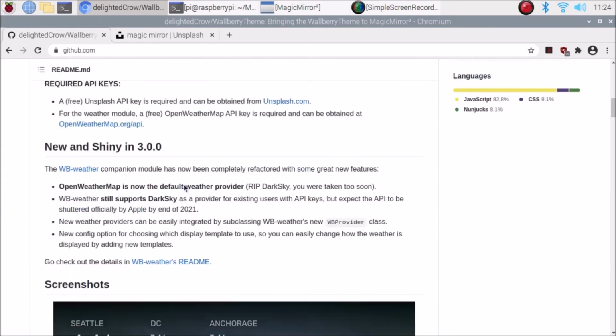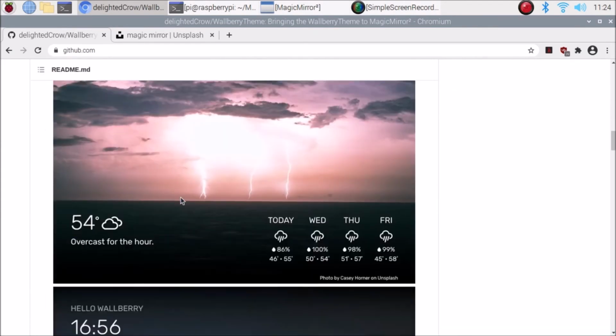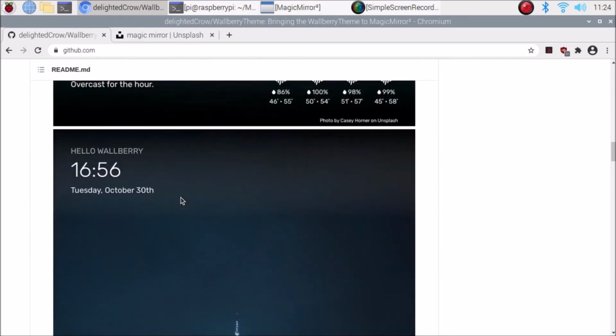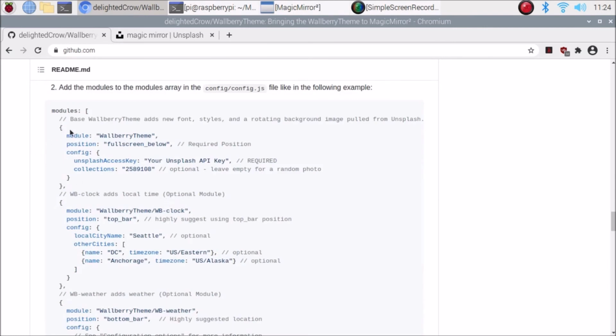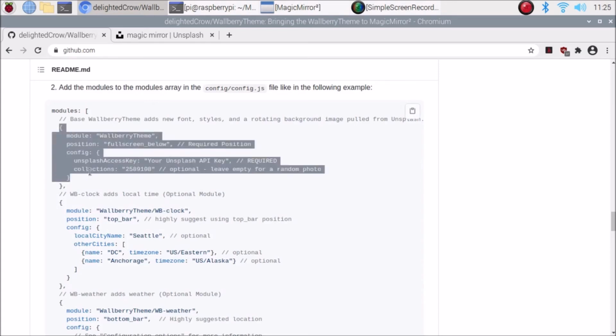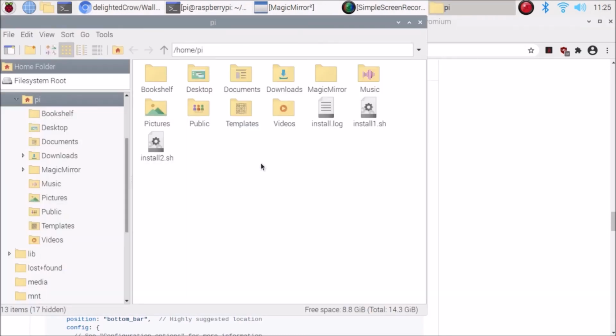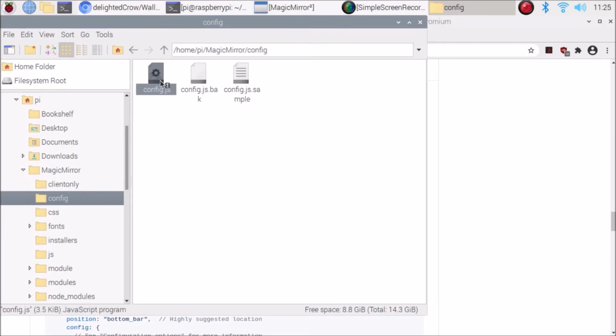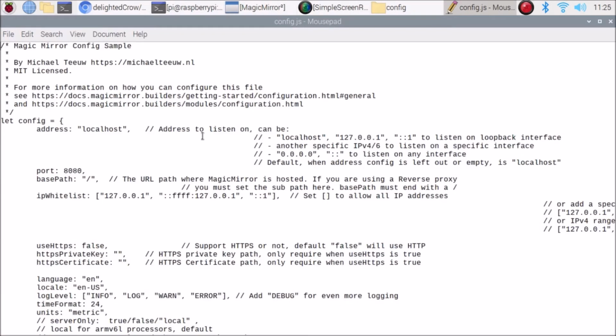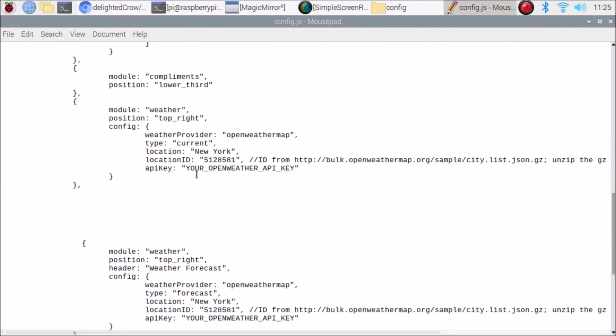Just scroll down here, and as you can see, this is the wallpaper, not themes, basically the wallpaper. So scroll down, and we need this modules code. Simply copy this code from the start, from this curly brace. Then we need to go inside our config.js file, not folder, config.js file. So in the MagicMirror config folder, open config.js with Notepad, scroll down, and simply paste that